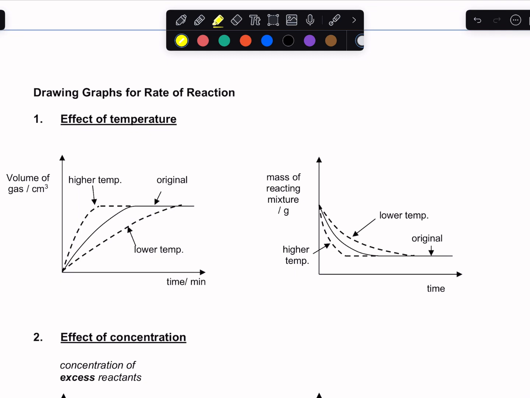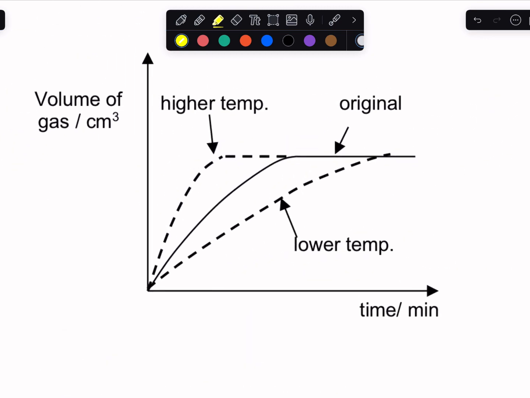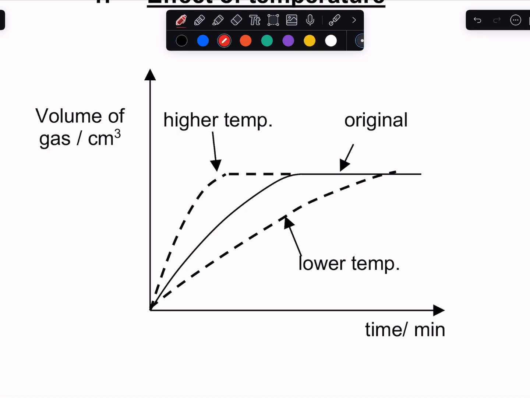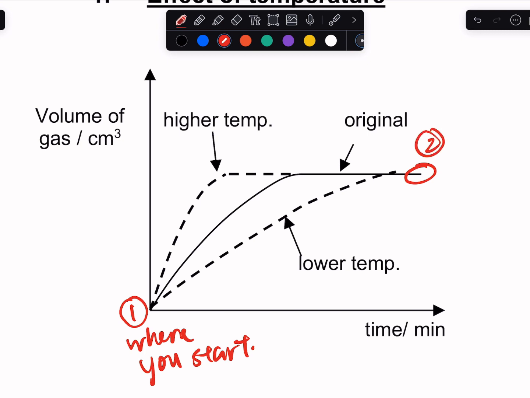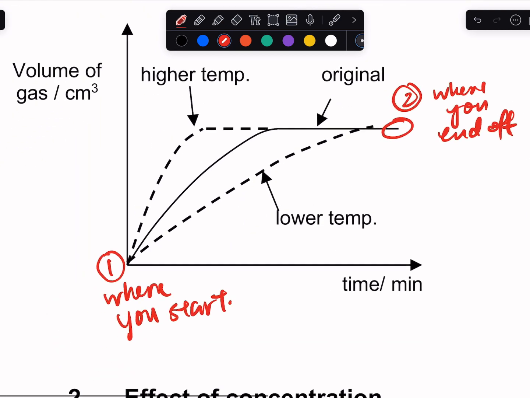Okay, so how do we then draw graphs for rate of reaction? There are three things that you consider. Number 1, where you start the graph. 2, where you end off for the graph. And of course, your gradient. Okay, the gradient of the graph